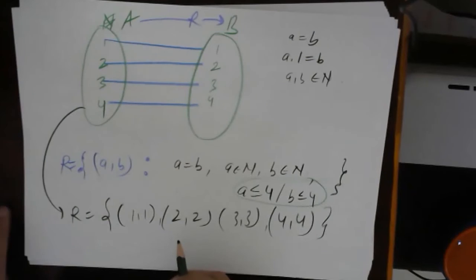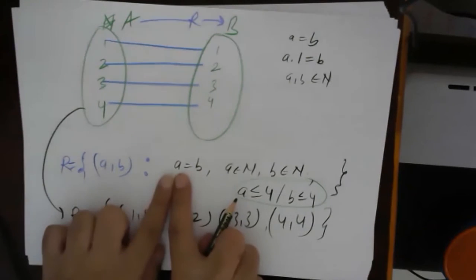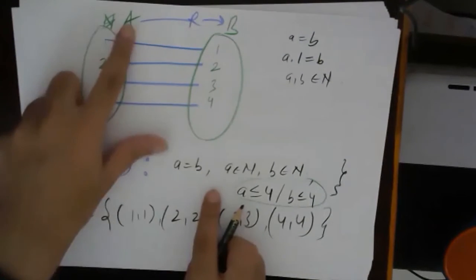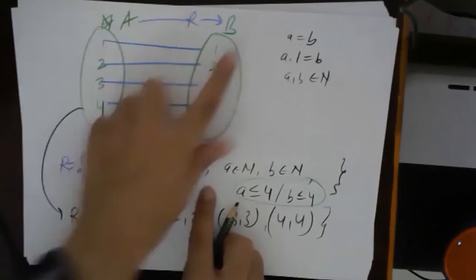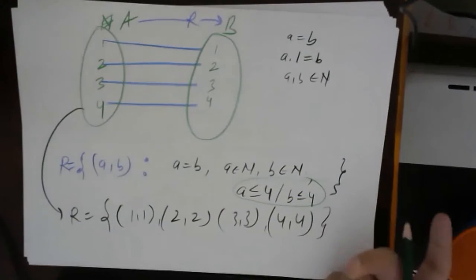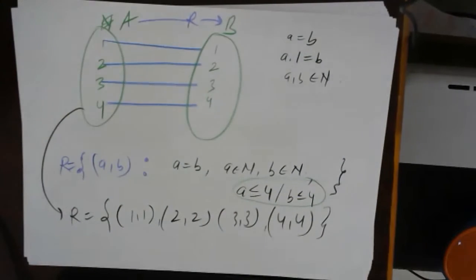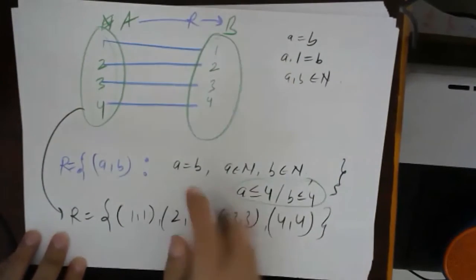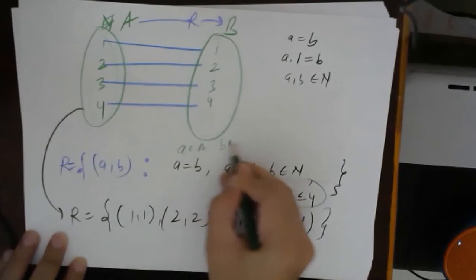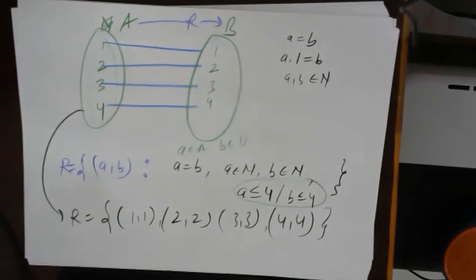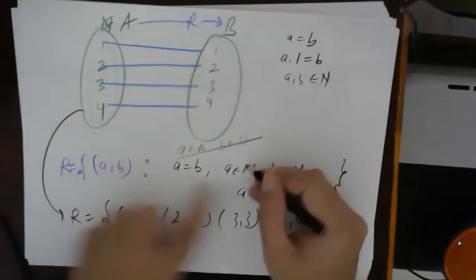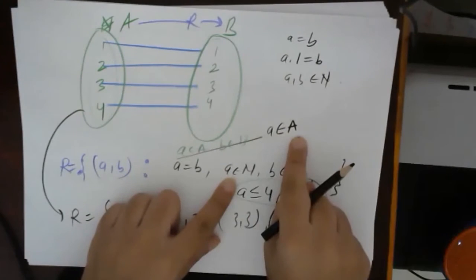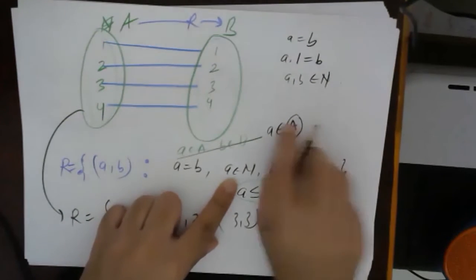Now suppose we write that a belongs to set A, and set A is nothing but natural numbers. But this is just a name, right? A and B are just names. We do not care about A and B as names. We are only bothered about these elements. We do not want to write that a belongs to A or b belongs to B. If here I had mentioned that a belongs to capital A, then I would have to define what capital A is.